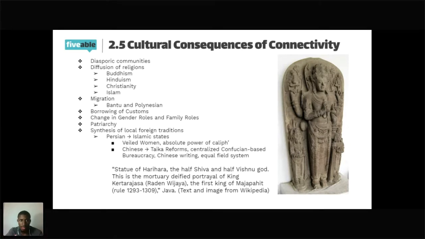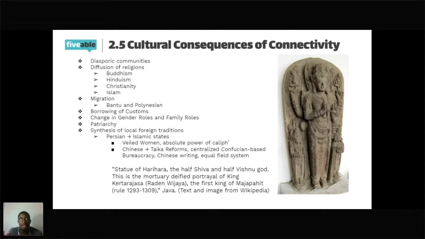Next, you have the borrowing of customs. Some customs were like the borrowing of Persian tradition into Islamic states, such as the veiled woman, absolute power of the caliphate, and etc. And also, you have Chinese traditions in Japan, such as the Taika reforms, centralized Confucian-based bureaucracies, Chinese writing, Buddhism, and equal-field systems, which were a sign of borrowing of customs during the time. Also, you have a change in gender roles and family roles, as you just heard about